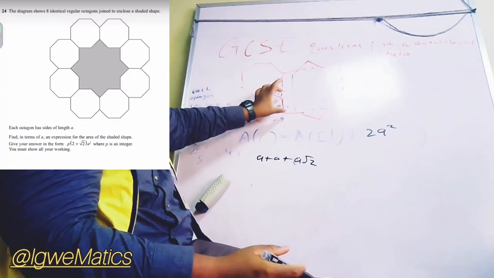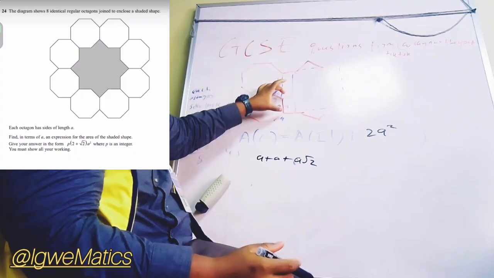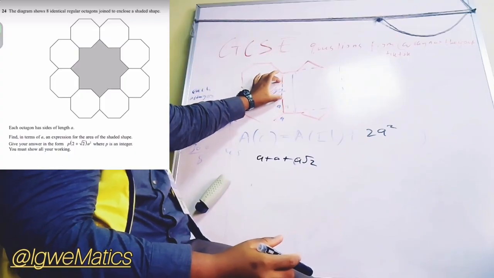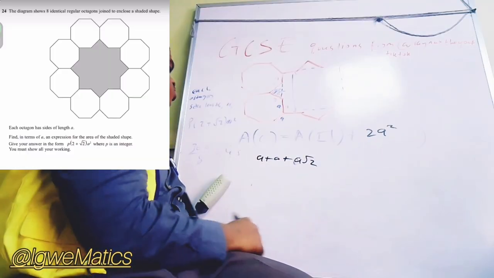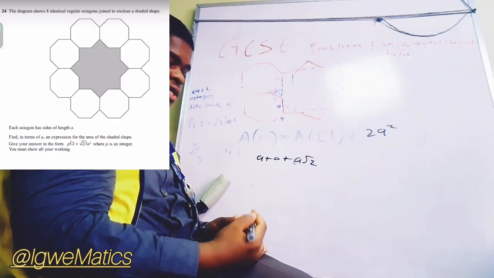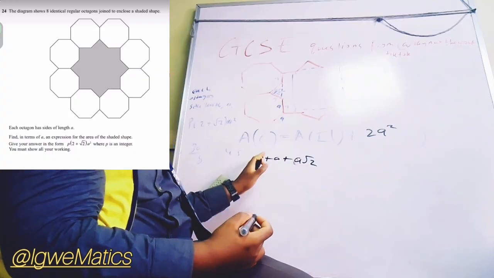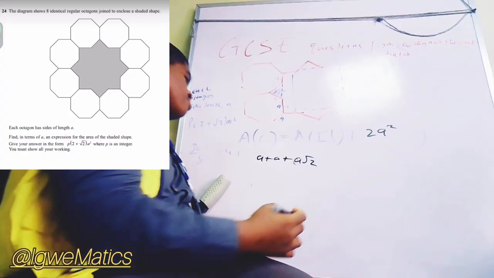This whole length is equal to this length plus this length plus this length. The first length is A, the second length is A root 2, and the third length is A. So the total length L will be equal to 2A plus A root 2. The area of a square is equal to length squared. So the area of this square is going to equal